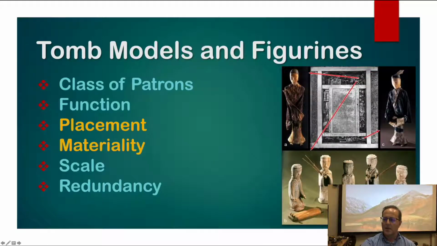Now in China, the models are not placed on top of the coffin and very rarely placed near them. Chinese space is more segregated by function and class. So we can see in tomb number 1 at Mawangdui that the coffin is here in the central chamber. And in the northern chamber, this was a banquet space. And in that banquet space, there is a seat where the spirit of the deceased would leave their coffin, travel to the seat, sit down, and be fed and entertained by the figurines which were off to the right.